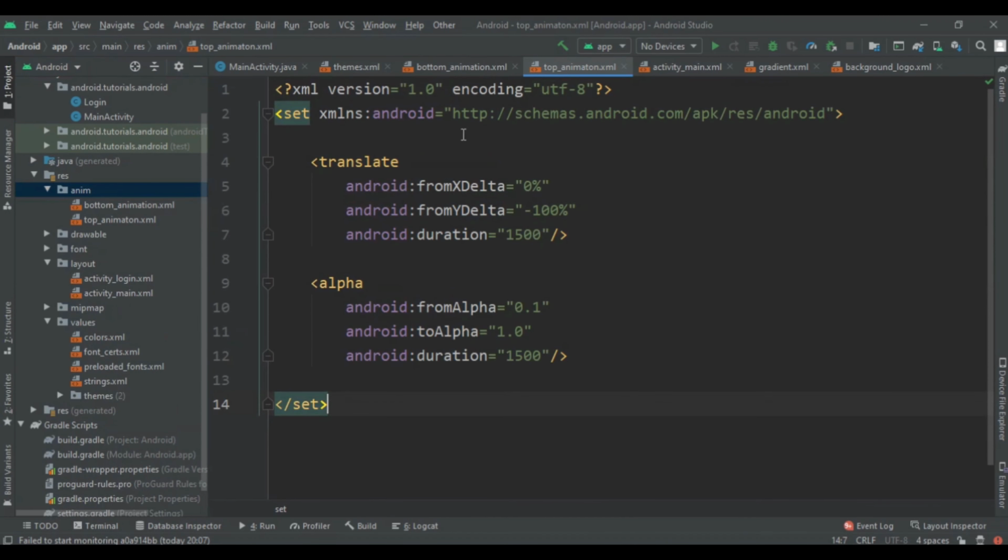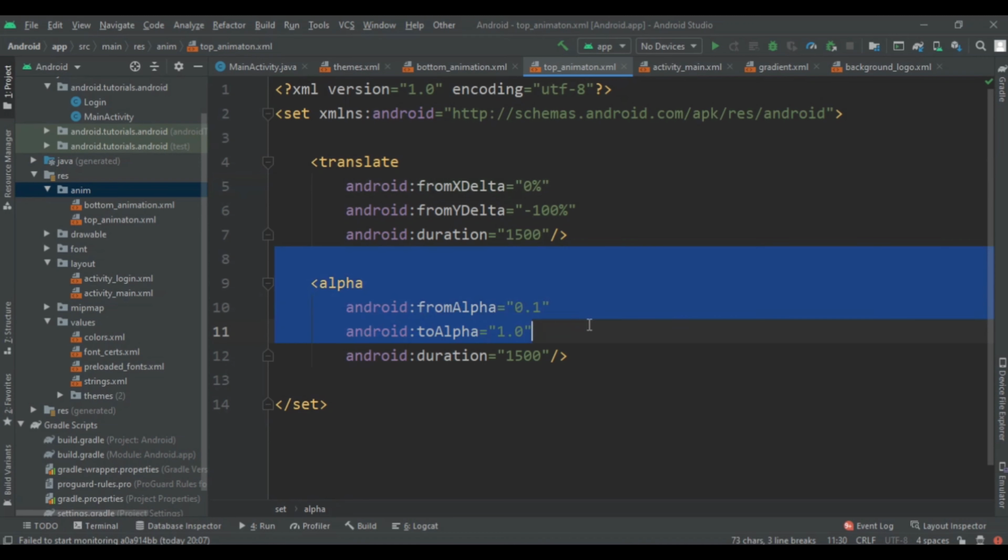So here is our code for top animation, which contains a translate from x delta to 0% and y delta to minus 100%. Means in this we are going to slide our animation top with fade animation. So to make fade we had written from alpha and to alpha.